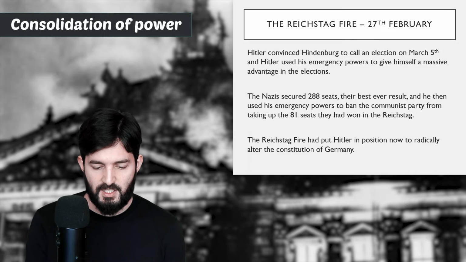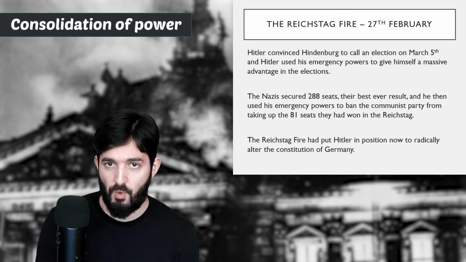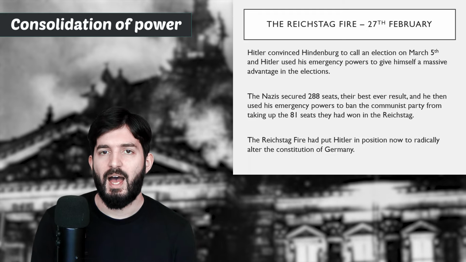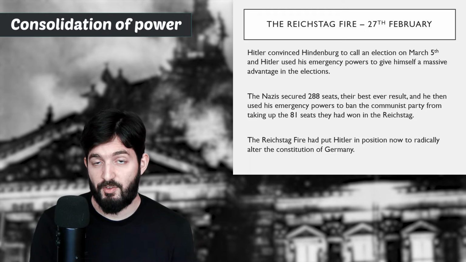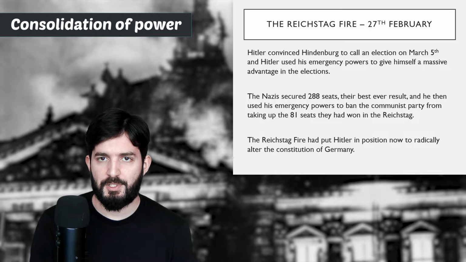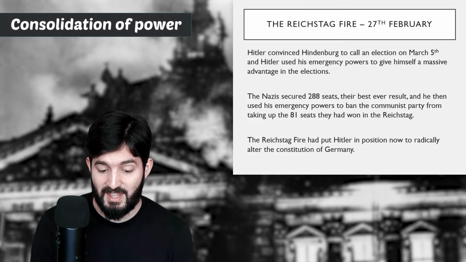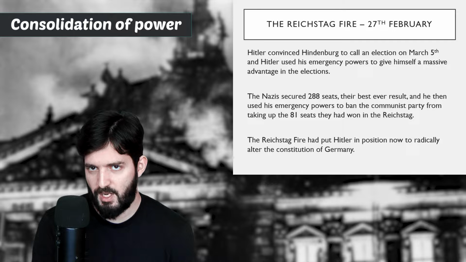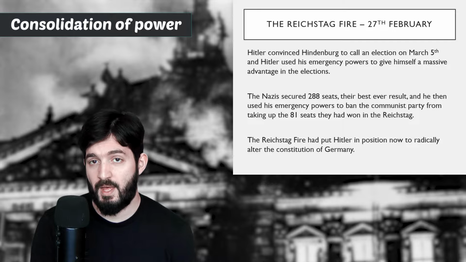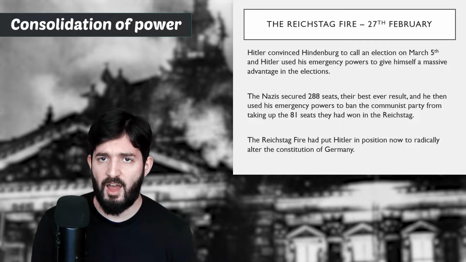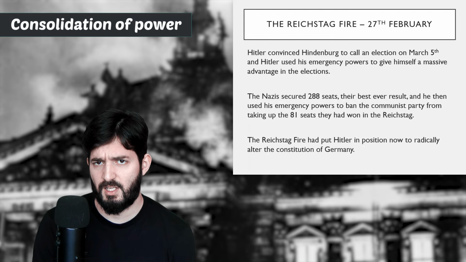So Hitler convinces Hindenburg to call a snap election a week later, on March the 5th. Because of the emergency powers that Hitler had from the Reichstag fire, he is able to give himself massive advantages in that election. He's able to arrest all the communists, basically, and the SA are able to violently campaign and intimidate opponents and things like that, which means that the Nazis are able to do quite well at